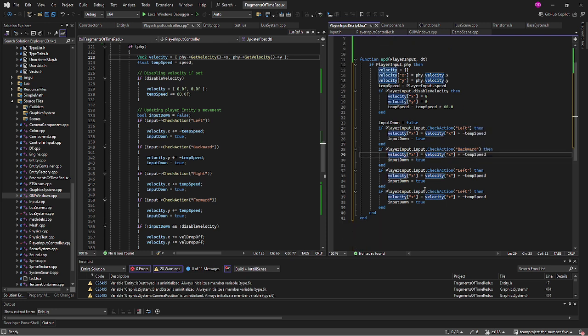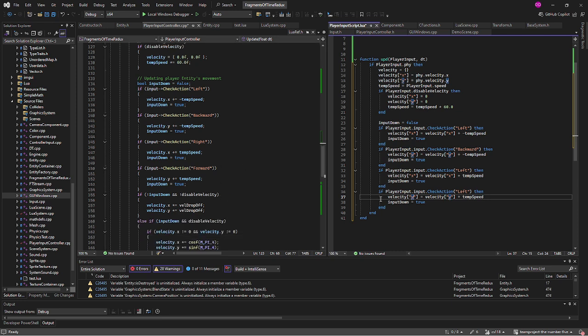Backward. This one is velocity y plus equal. And down is true. Down true should be every time. Velocity x plus equal this one, and then this one is, I believe, yes, this is just y with just plus. Okay, so that should be, let me actually make sure these strings are correct. Right, forward, all right, and then we're gonna have